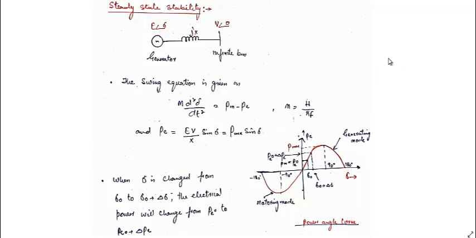And we know that FR is ahead of FSR, and the delta is between them, and their speed is in the same direction. When FR is now rotating, accelerating, beyond the synchronous speed, this delta increases. When this delta increases, this electrical power also increases and it balances the mechanical power, let us say at this point. Let us say I am still further increasing the mechanical power to this point,